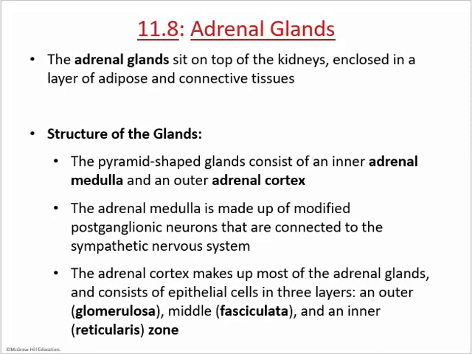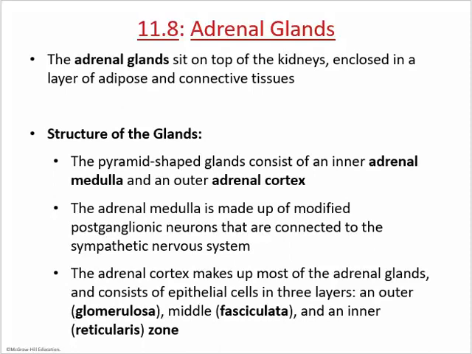The adrenal glands sit on top of the kidneys: adrenal, on kidneys. There's an adrenal medulla and an adrenal cortex. The medulla is in the middle, the cortex is on the outside. The adrenal medulla we already talked about in the sympathetic nervous system, and it releases epinephrine, norepinephrine, the catecholamines, and is involved with the sympathetic nervous system.